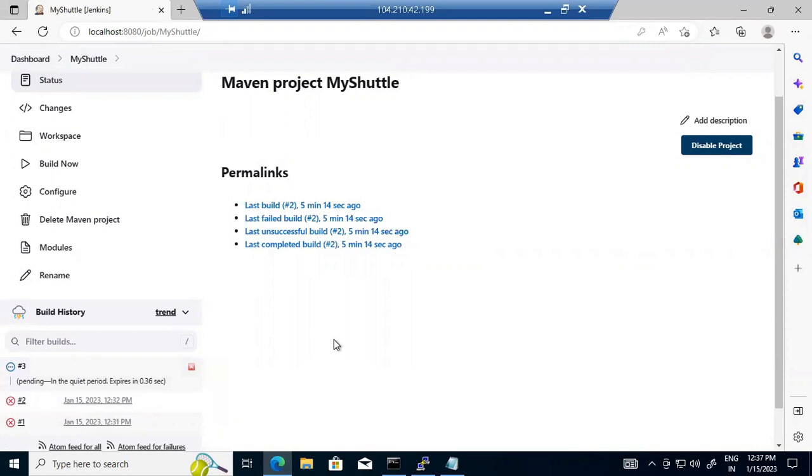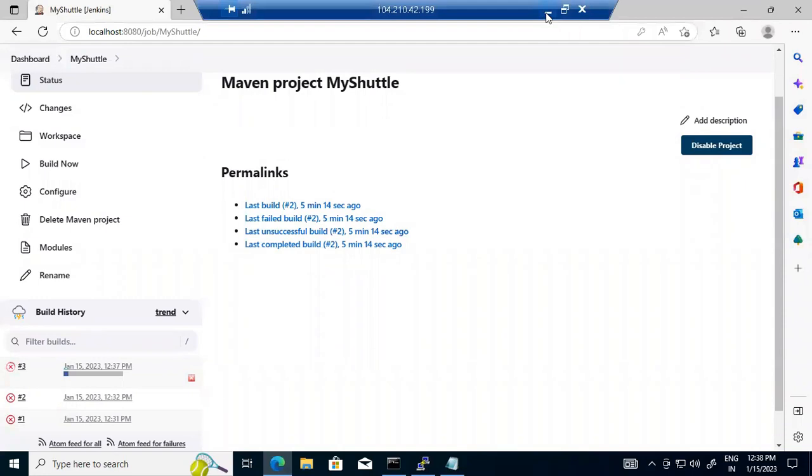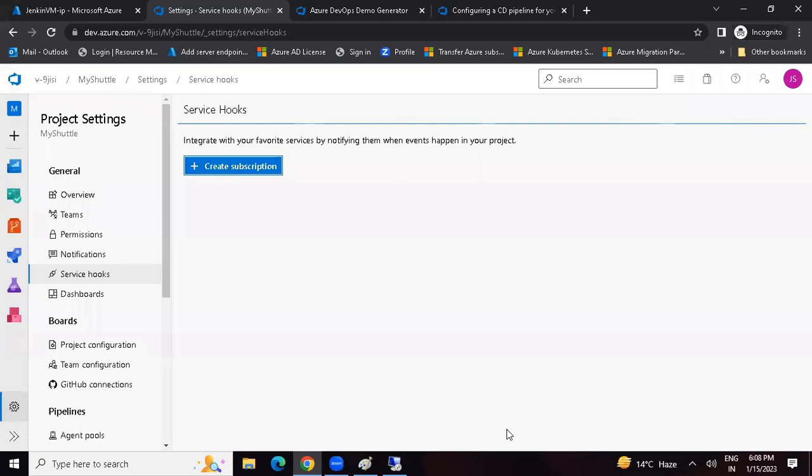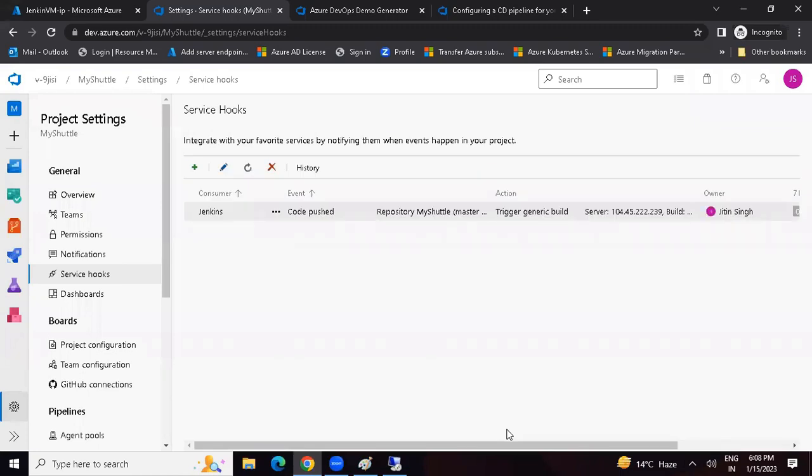It looks like continuous integration is working successfully. This is what continuous integration is. You can say finish. How can we check it? Simple. Now we can say